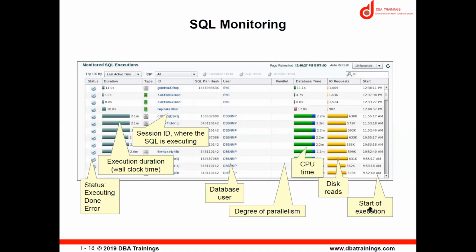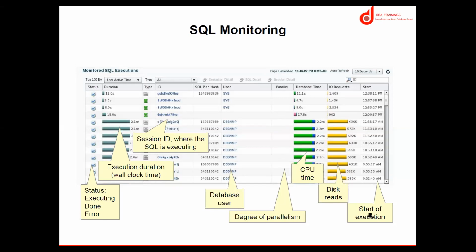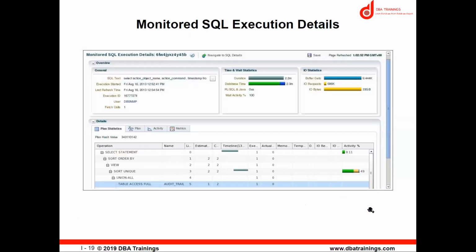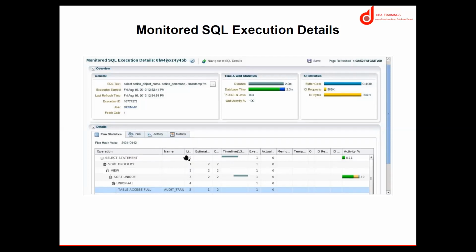Those are the things you are able to monitor from there. You are able to monitor the SQL execution details like I was showing you in the previous demo. So this way you are able to get it.